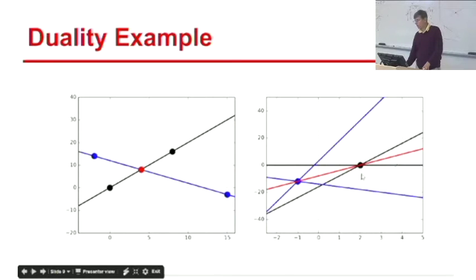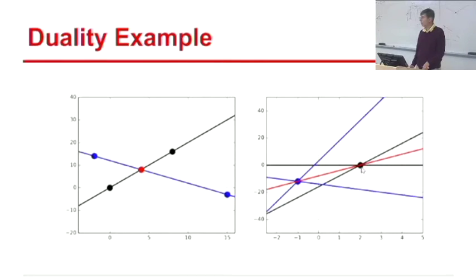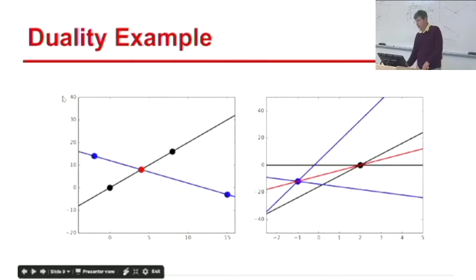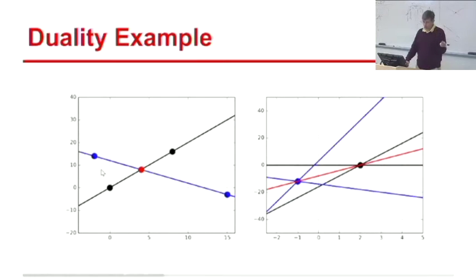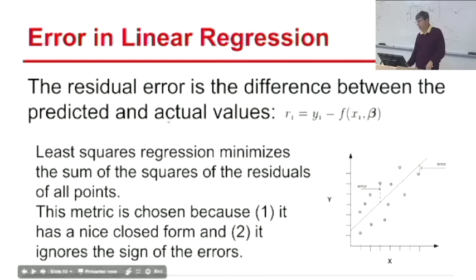So if you want to find the line that goes through all the points, you can convert it back to points and lines and then find the point that lies on all the lines, and that's just linear system solving. Any questions about it? Okay? So that aspect of regression shouldn't seem weird. What should seem a little bit more challenging is the fact that we are trying to, instead of, any questions about the duality thing? Yeah,